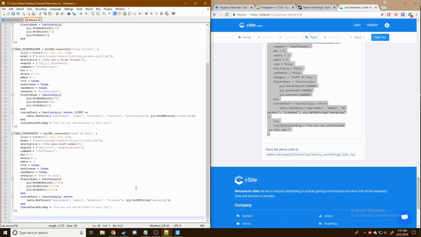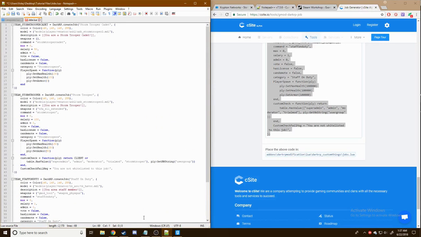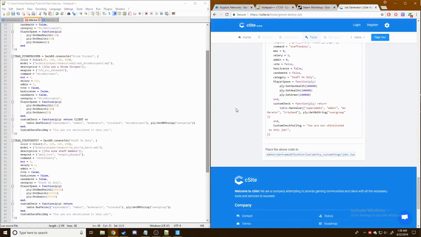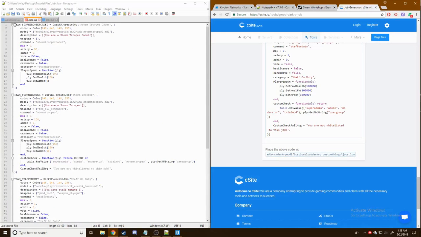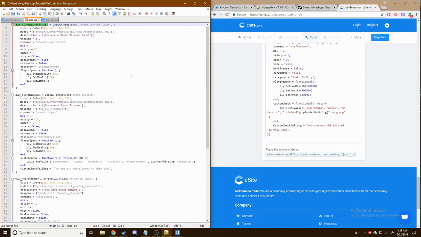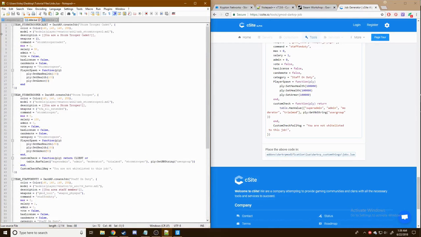So the last thing I'm going to show you is how to set the default job, a job that you join by default when you load into the server and not have to switch to. To set a default job, you'll want to scroll down to the very bottom of the jobs.lua, and if you've downloaded a fresh jobs.lua, you'll see these at the very bottom. You'll want to copy whichever team ID you would like to be the default job. So in this instance, I would like it to be the Stormtrooper Cadet. We're going to change this from whatever it is to Stormtrooper Cadet, and we're going to save it. We're not going to touch any of this. And now we are done